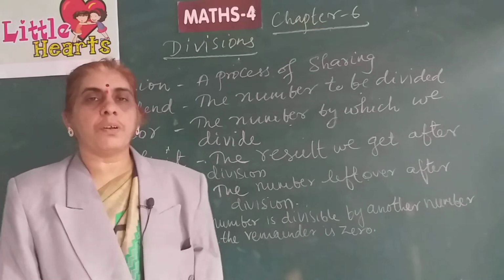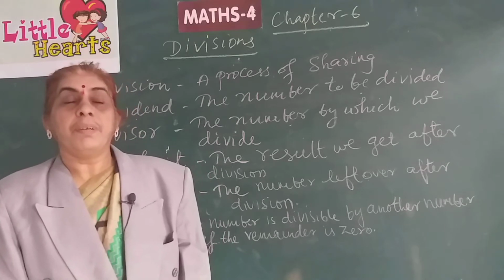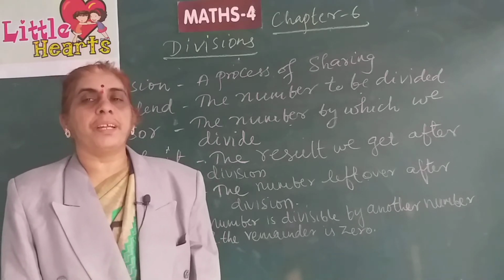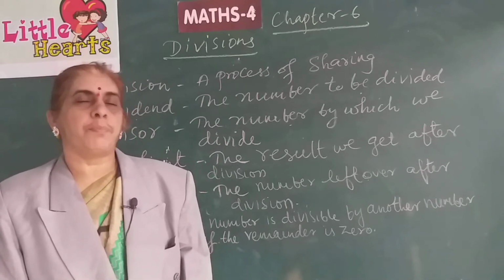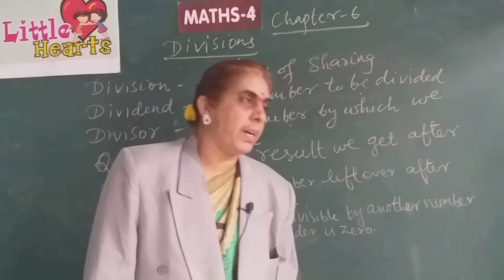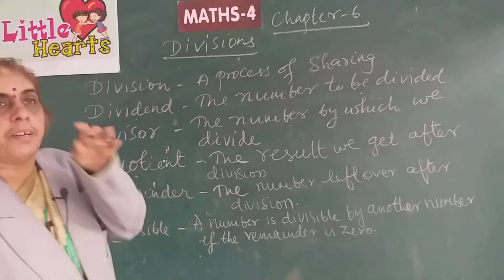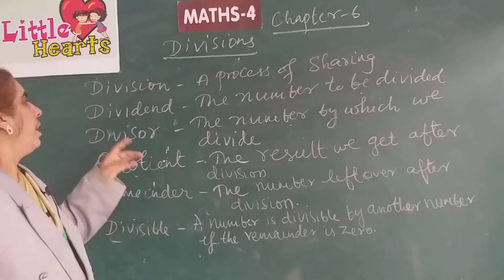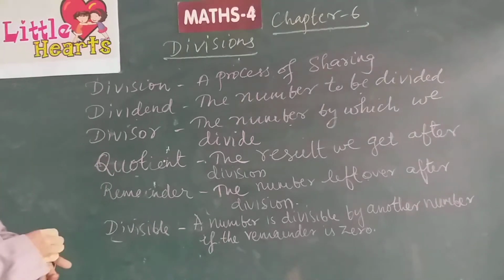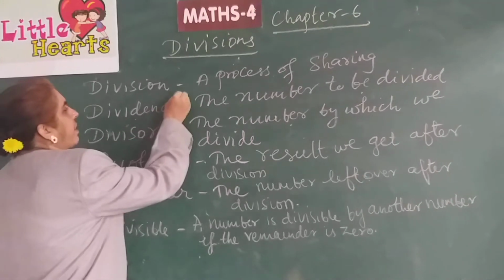We have already completed three operations: addition, subtraction, and multiplication. This chapter is about division. Division is the reverse process of multiplication. Division is a process of sharing or distributing equally. And the terms related to division are: